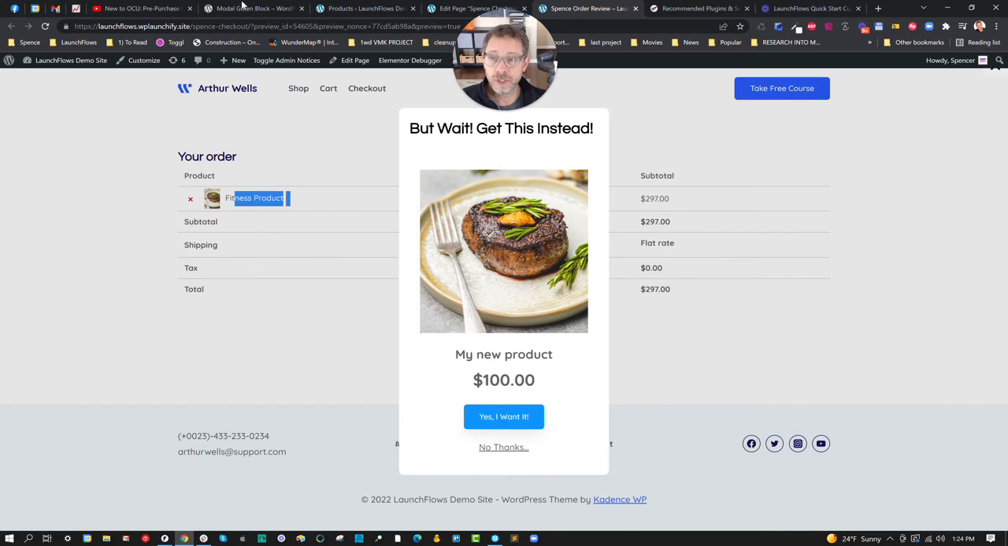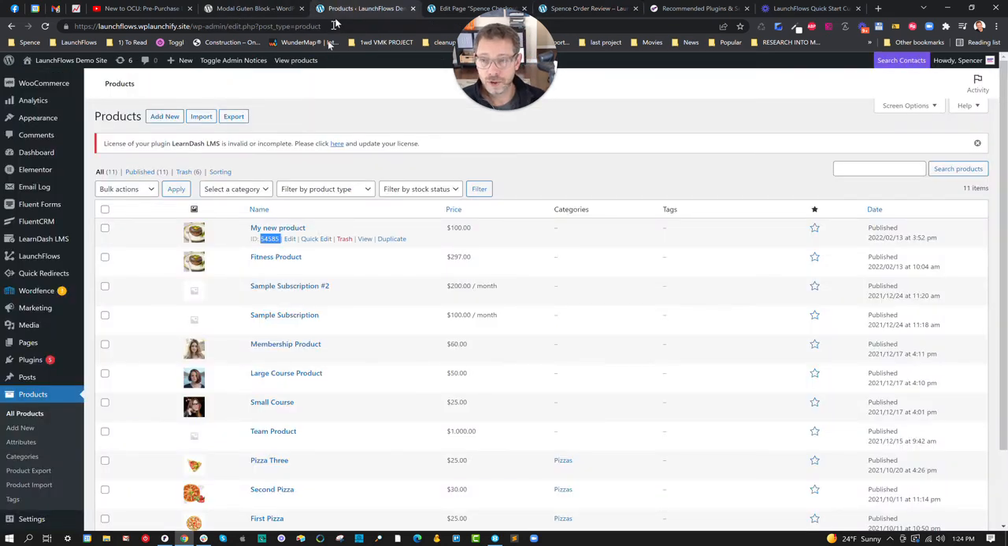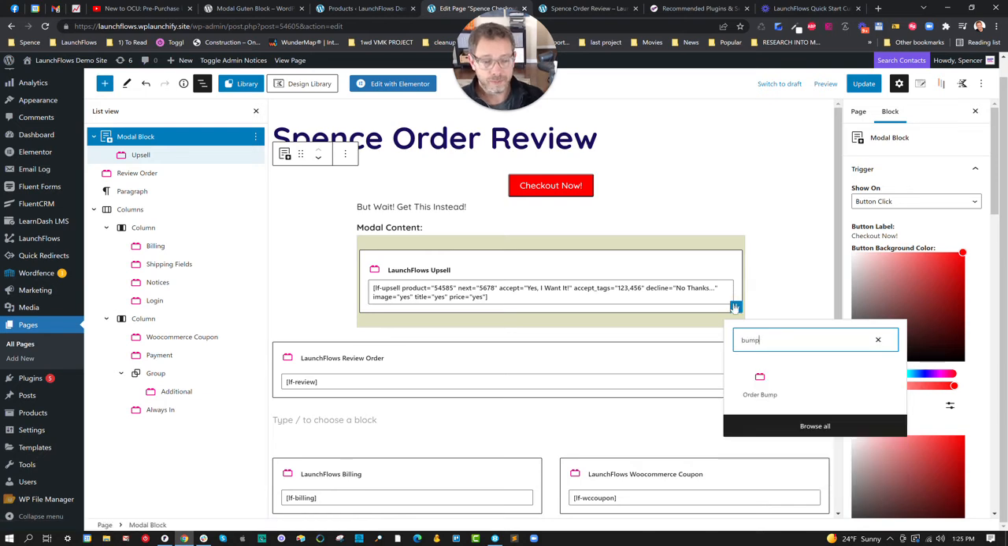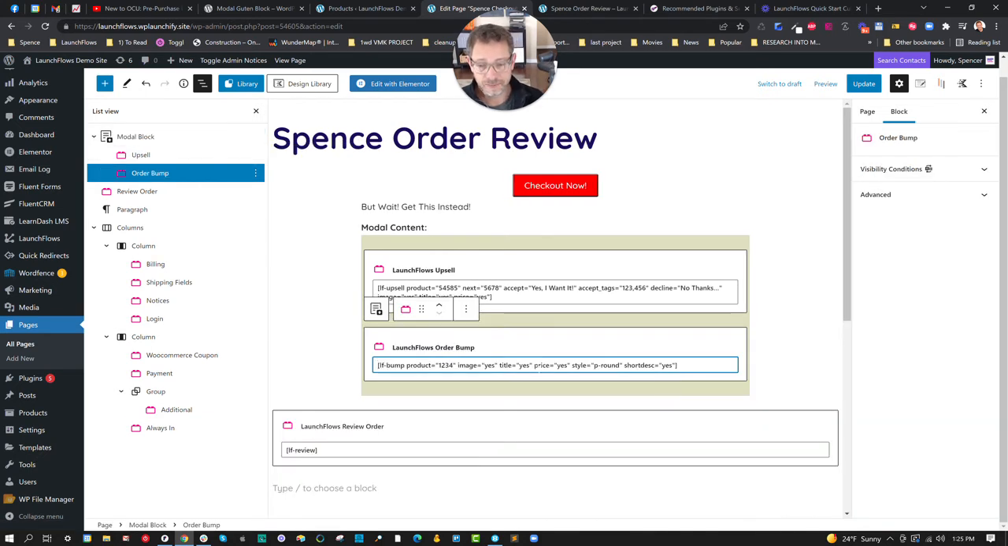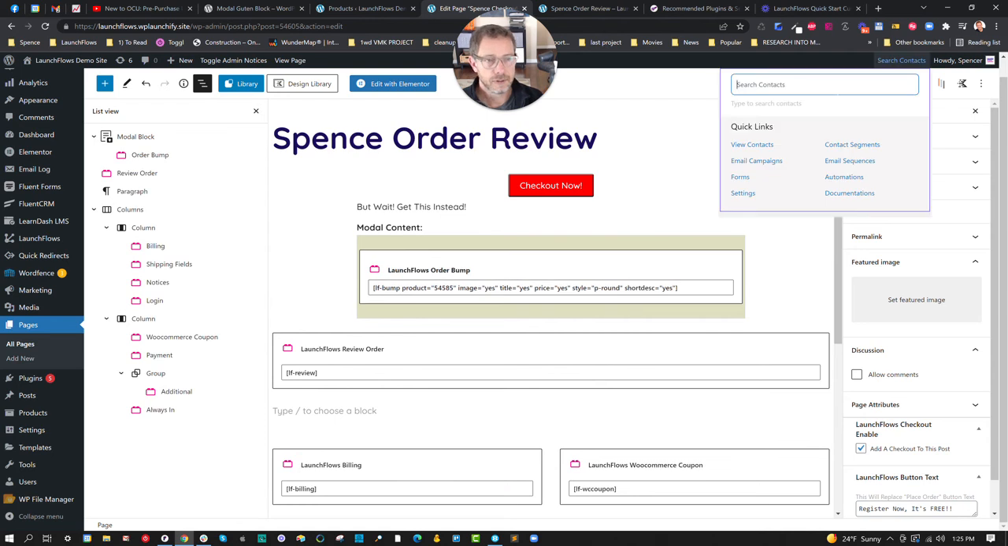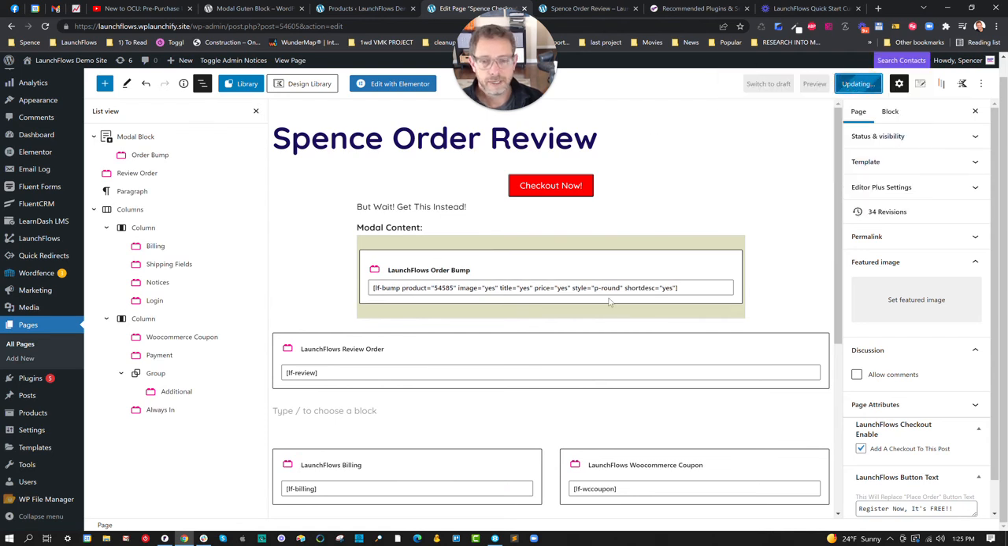I can do this with an order bump as well, just to show you. If I were to edit this page, instead of using the upsell widget, I'm going to use the bump widget. I don't think it makes as much sense, but 54585. But let's just show you what it looks like, because it's just this easy with LaunchFlows. And if we refresh the preview,